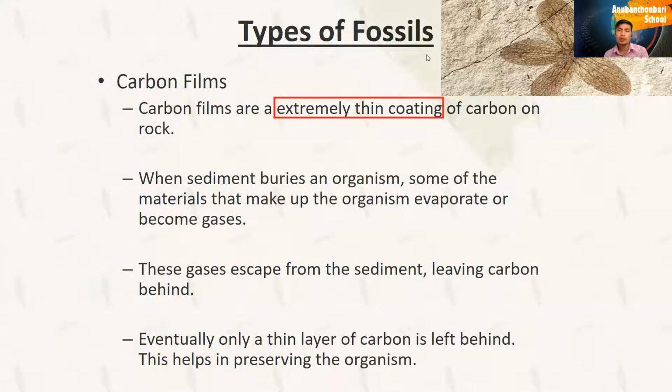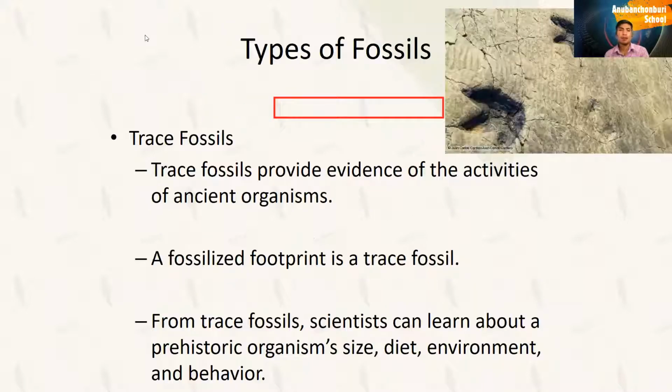It's like when animals and plants die, they release carbon in the atmosphere, but the body also, when it releases carbon, might leave an imprint like the one that you can see, a flower, and eventually there is a thin layer of carbon that is left behind. Okay, so trace fossil is another one, but I think we studied this one last time, right?